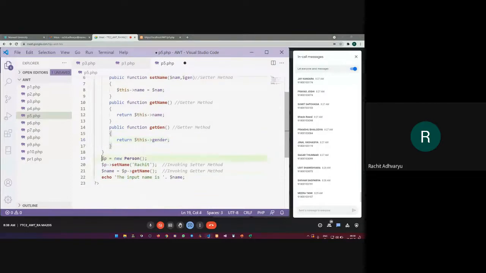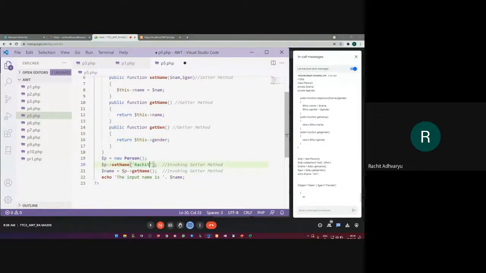Here I'm creating the object of a person class. I'm passing two things, the name as well as the gender. Here I invoke the $name, so I'm not using it again. And the same thing I'm going to use here. Let's say $P of get gen. And here I'm going to print gender. Now the next thing is I need to print, so I'll say here BR, input gender is whatever the user has entered.